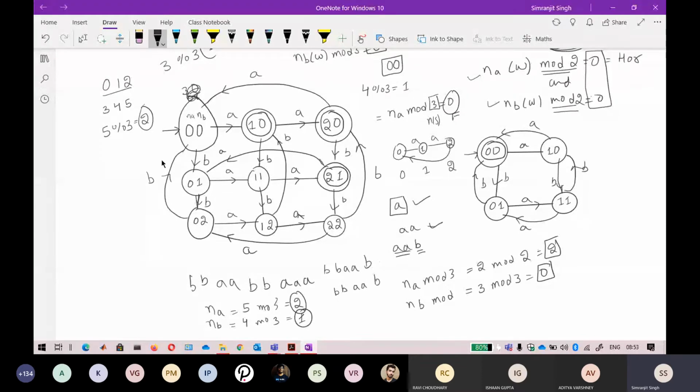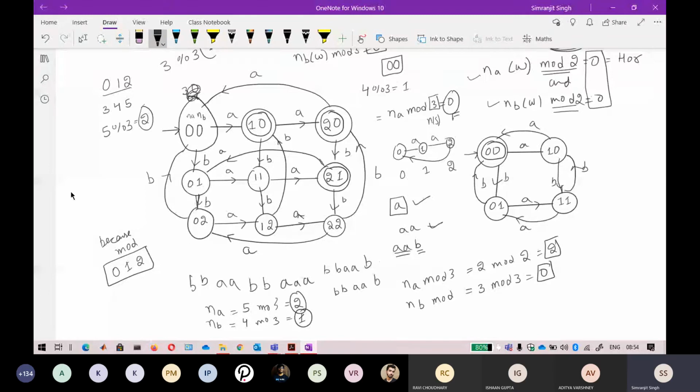Okay, so why exactly is the finite automata possible? Because of the mod. Only because of the mod. But what is happening with the mod? The values cannot go beyond 0, 1 and 2. Only these three values are possible. So in a way, by applying a mod here, your automata becomes a finite thing. So your values cannot go beyond 0, 1 and 2. So for only these three values, I can make number of A's greater than or equal to, or any kind of a condition.